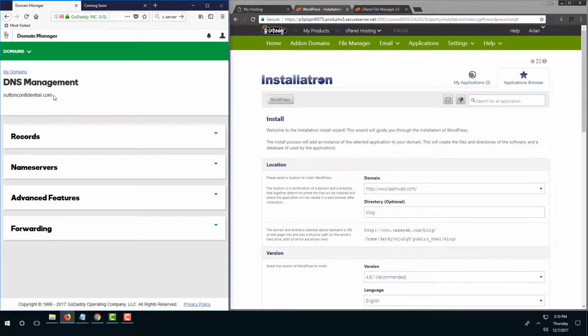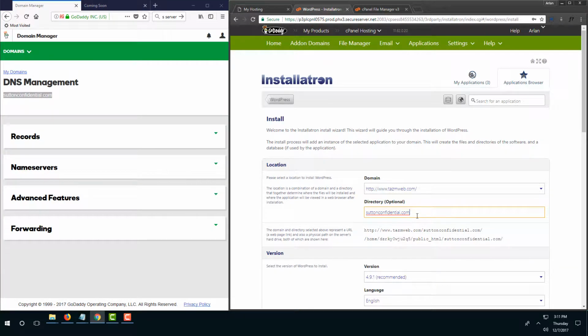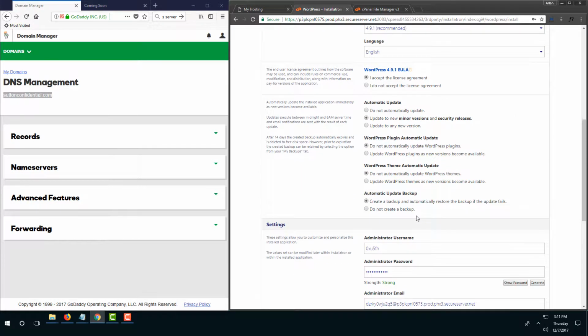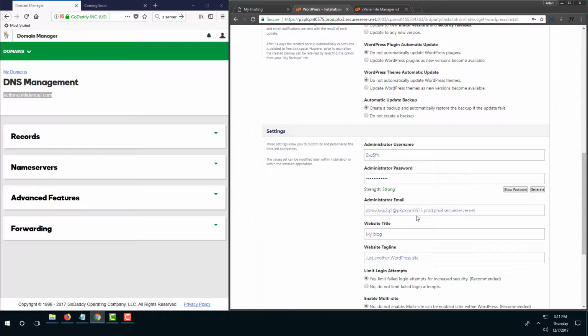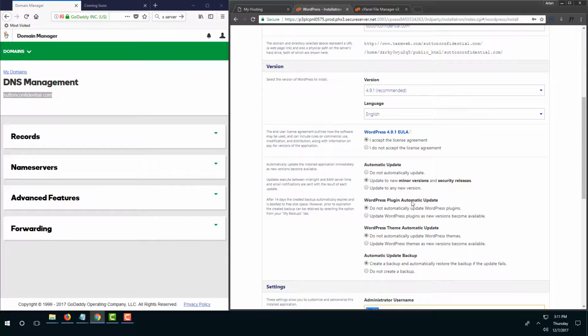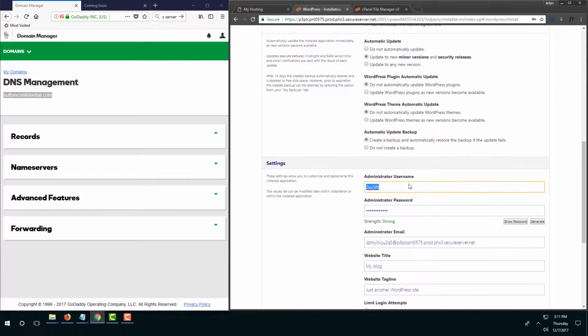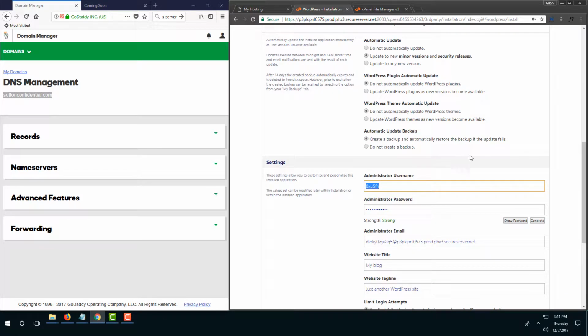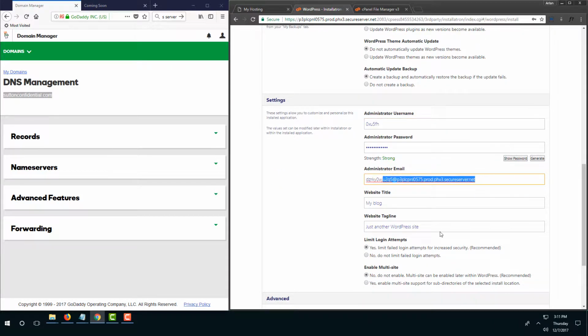And then I'm gonna name it, let's say, just the domain name, so it will be easier to understand later. So I'm gonna leave the rest as default. Obviously, if I want to make it more custom, then I will modify this, and